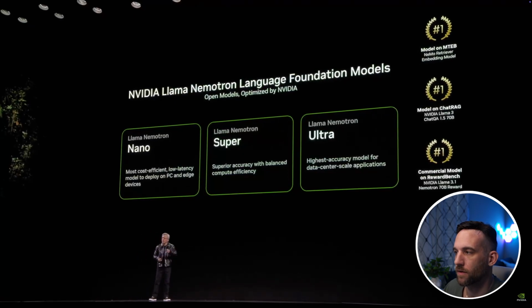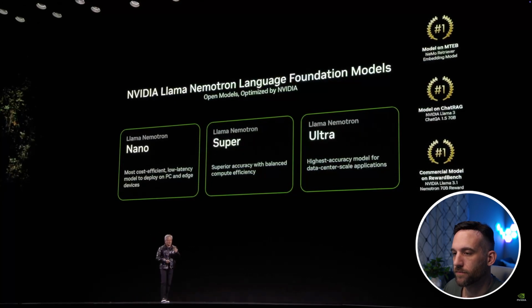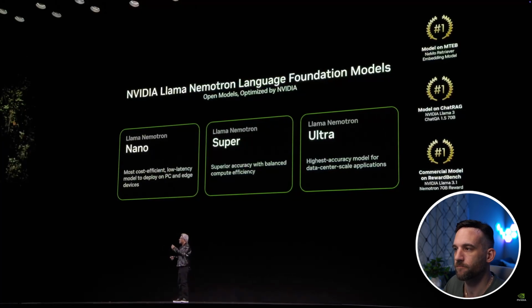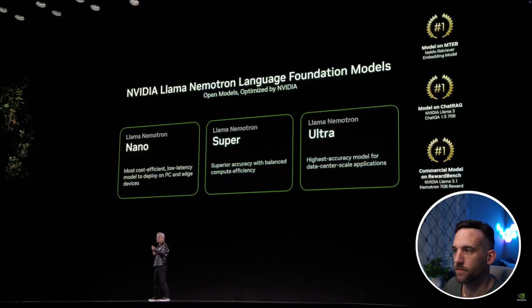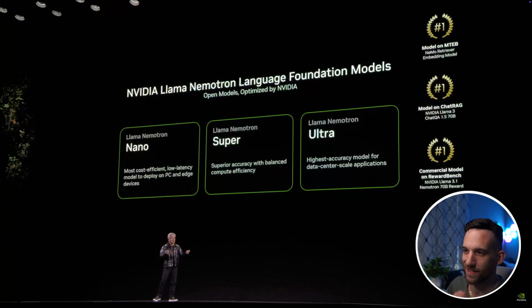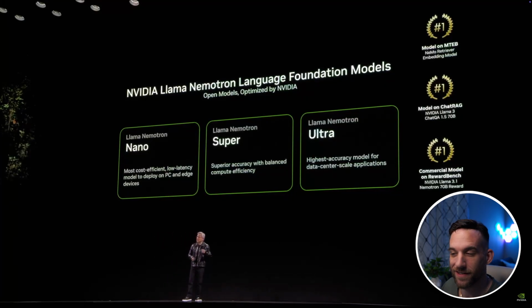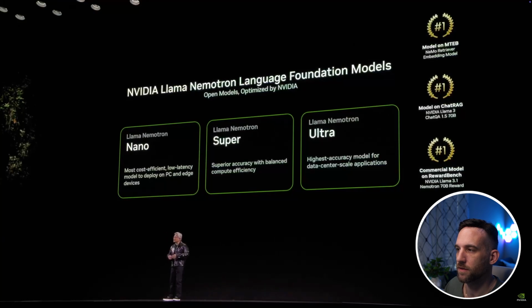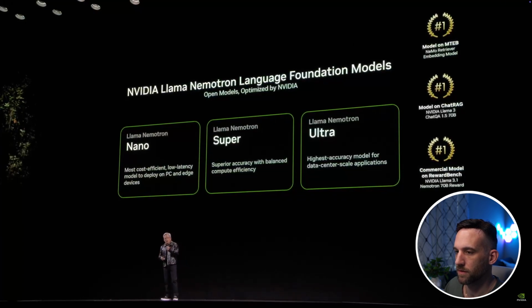Well, the thing that we did was we realized that the Llama models really could be better fine-tuned for enterprise use. And so we fine-tune them using our expertise and our capabilities, and we turn them into the Llama Nemotron suite of open models. There are small ones, kind of like Nano, interactive, very, very fast response time, extremely small. Then there's what we call Super Llama Nemotron Supers. They're basically your mainstream versions of your models, or your Ultra model.